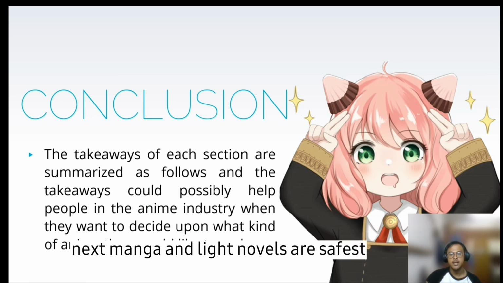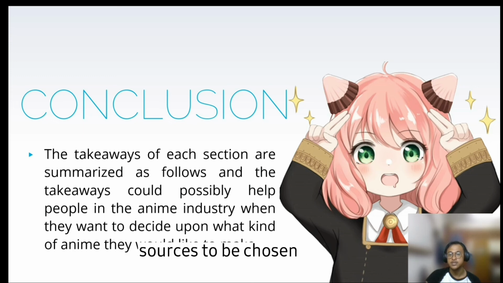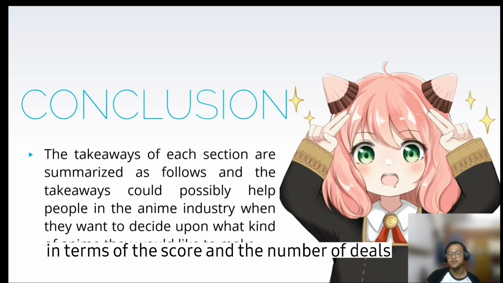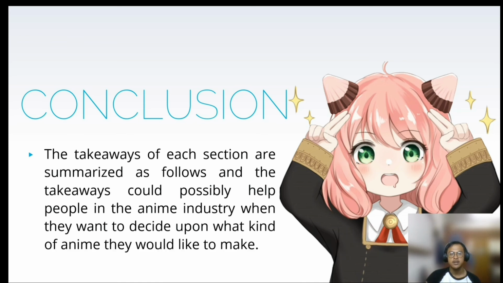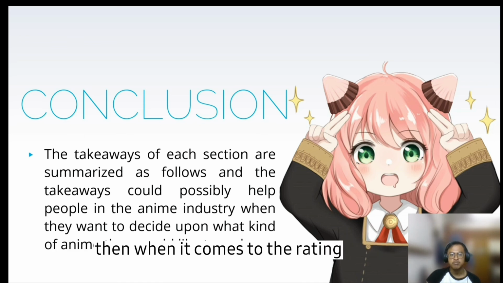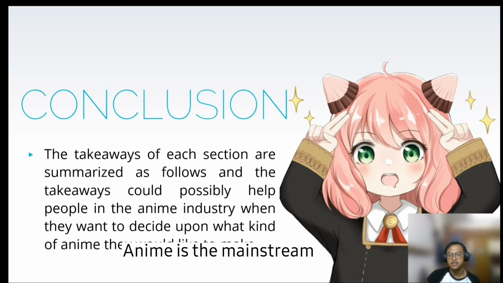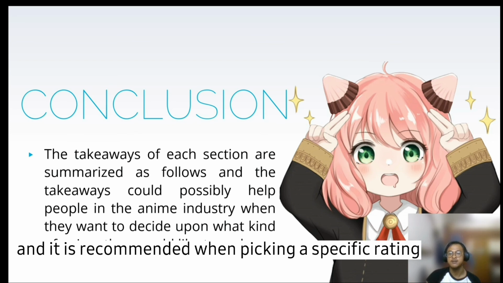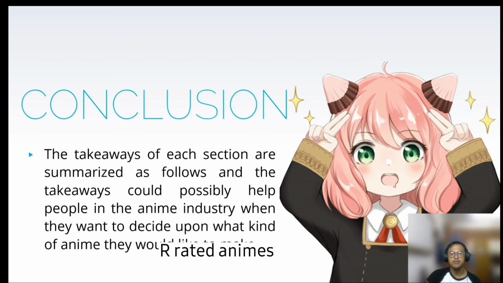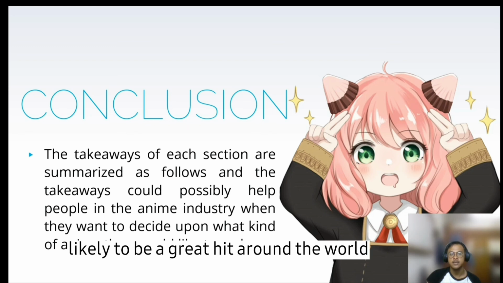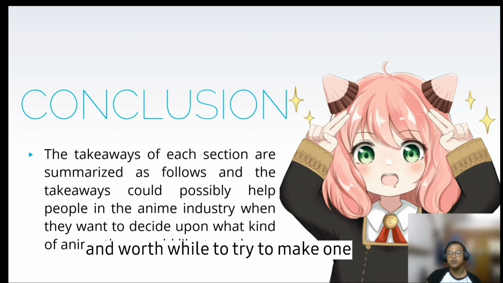Next, manga and light novels are safer sources to be chosen when making an anime. Original anime are risky in terms of the score and the number of audience. Then when it comes to the rating, PG-13 animes is the mainstream and it is recommended when picking a specific rating. R-rated animes are more likely to be a great hit around the world and are worthwhile to try to